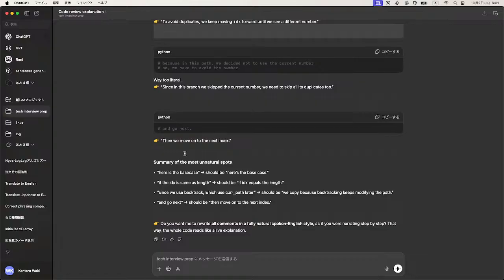Here's the base case. If the idx equals the length,